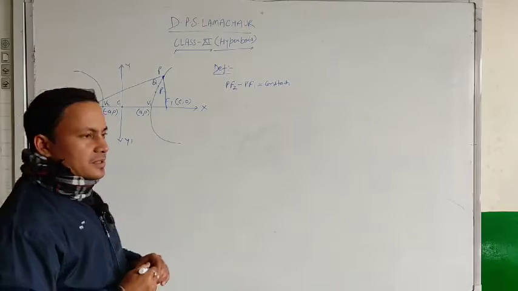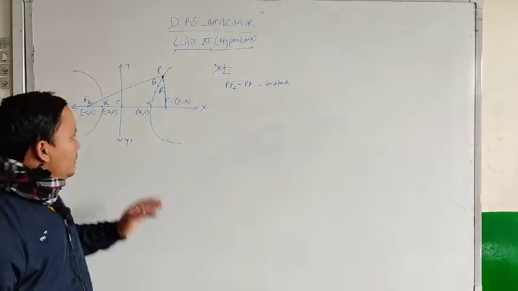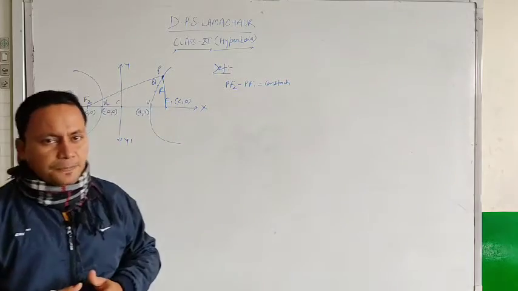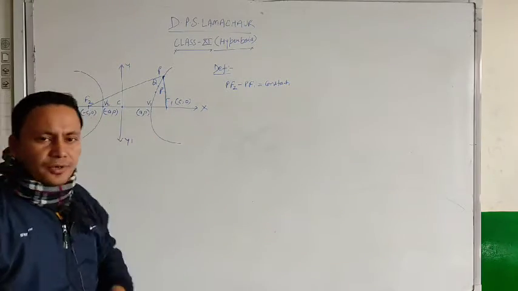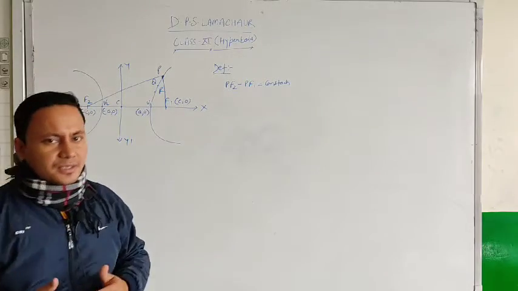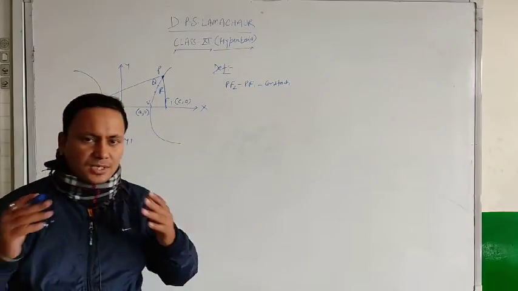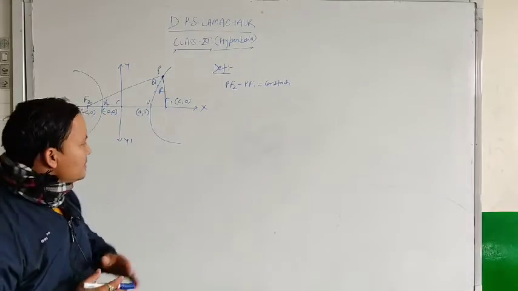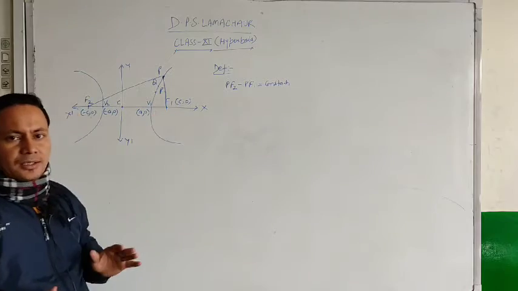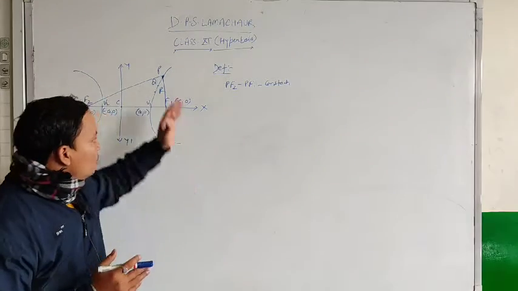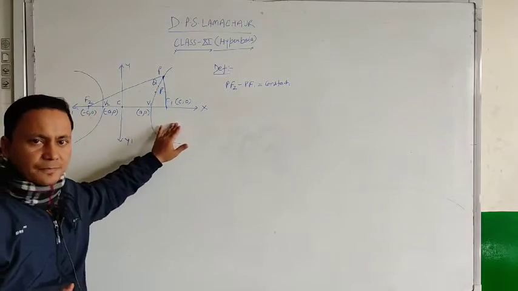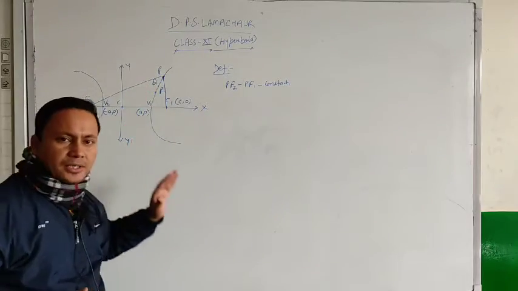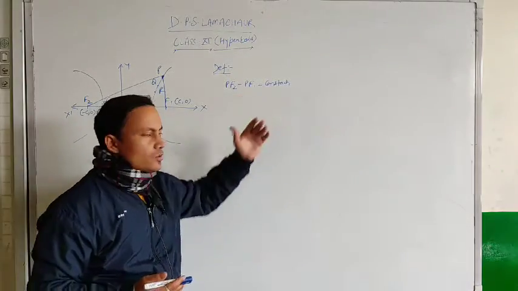While talking about the ellipse, we had a discussion about what an ellipse is. Ellipse is the set of all points the sum of whose distances from two fixed points will be constant. वहाँ पे हमने सम की बात की थी, इन दोनों फिक्स पॉइंट से जो डिस्टेंस है उसके सम की. यहाँ पे हम किसकी बात कर रहे हैं? हम डिफरेंस की बात कर रहे हैं. It means a hyperbola is the set of all points whose distances from two fixed points, the difference of them, जो डिस्टेंस है इन दोनों फिक्स पॉइंट से उस पॉइंट की, उसका जो डिफरेंस है, it will be constant.